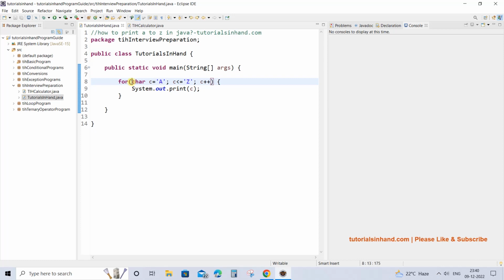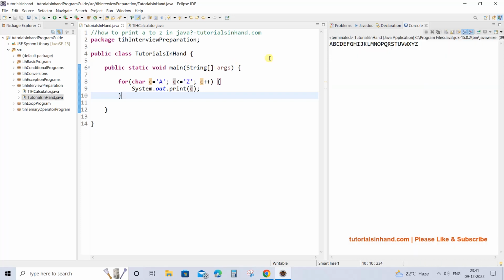So here we are simply going to take a for loop, and within that we will run this for loop starting from A. It will start from A and till it reaches capital Z, it will continue to print that, and it will keep increasing the value of the character C. So initially this value A, suppose it is at 65, then when we are printing it, it will print A, right? And then for the next one it will print B, and for the next one it will print C, and so on. So it keeps printing, and if we execute this one, we will see that A to Z gets printed on the screen.